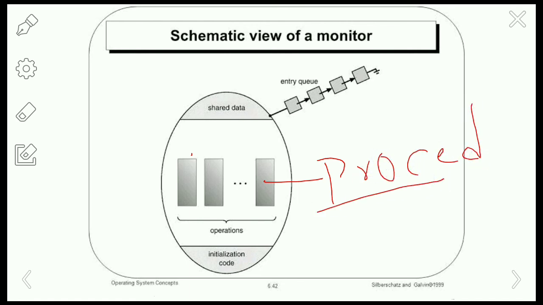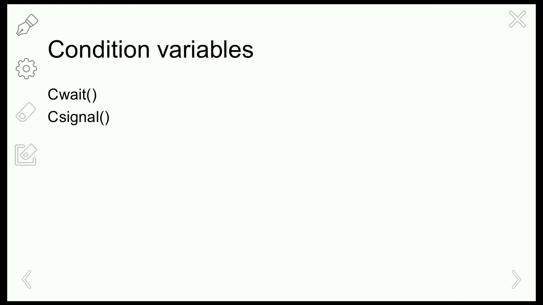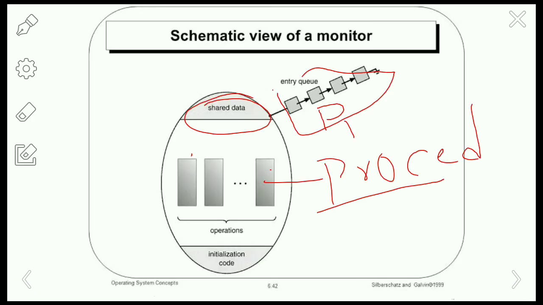So these are the n number of procedures here, and a process can access the monitor using these procedures only. It can access the shared data here, that is the critical section, right? It can access the shared data using the procedures given in the monitor only. If a process is suspended, then it will be placed in the suspended queue here. Okay, so here we are having the initialization code that we have given in the monitor programming code.